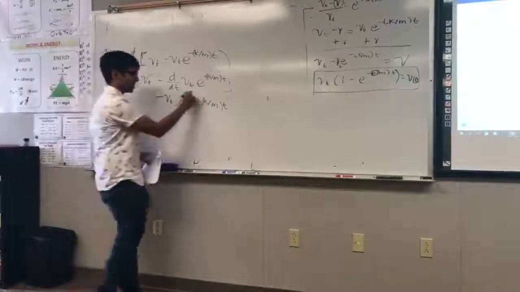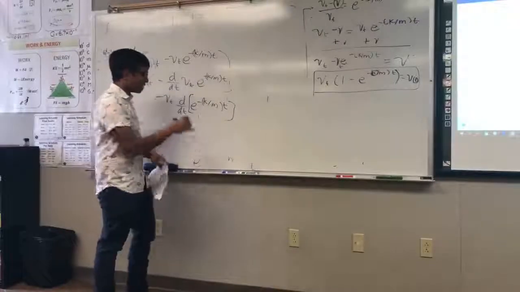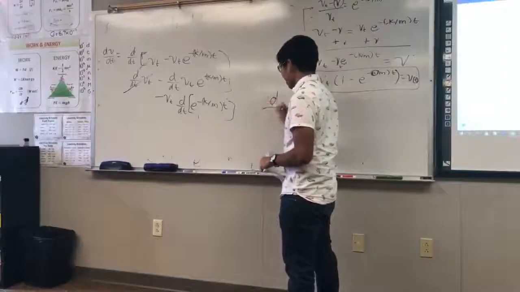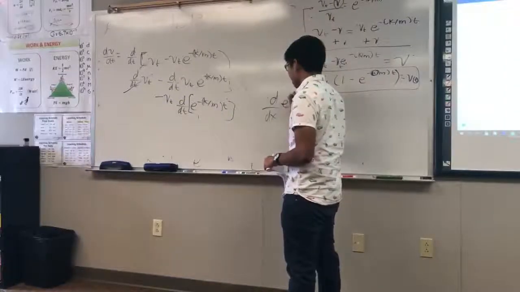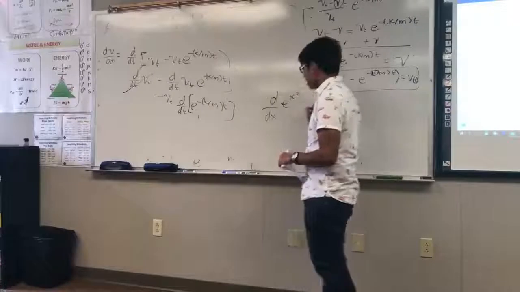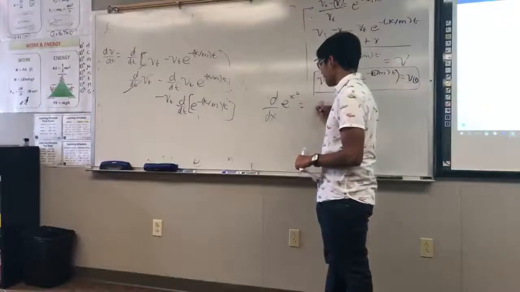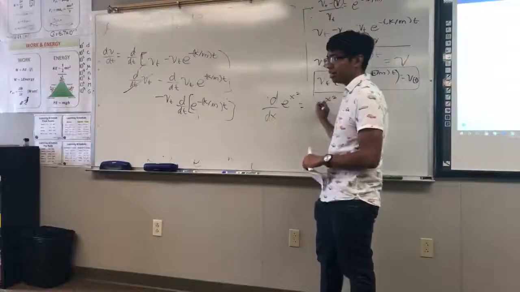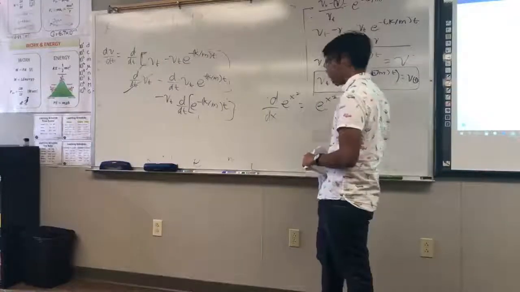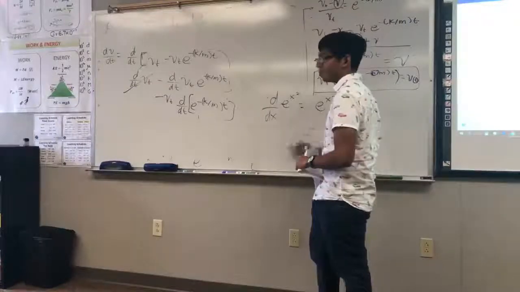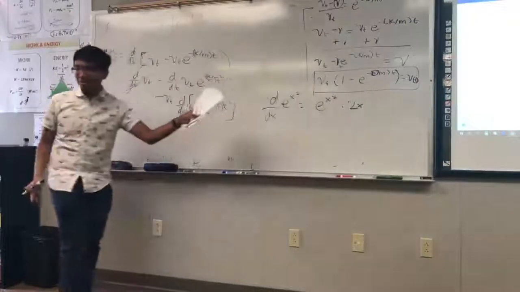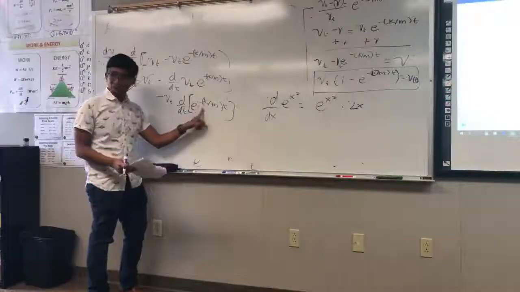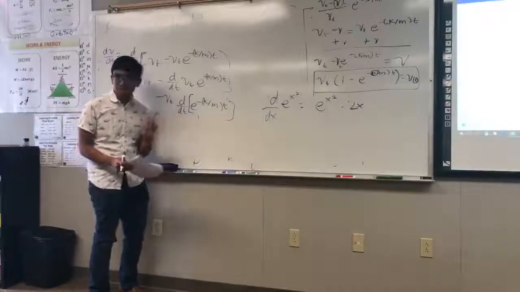So here we go. I'm going to show you something. d dx of e to the x squared is simply e to the x squared times the derivative of what's inside there, which is 2x. Remember that part? That's just a property you'll learn later on. So if we apply that here,